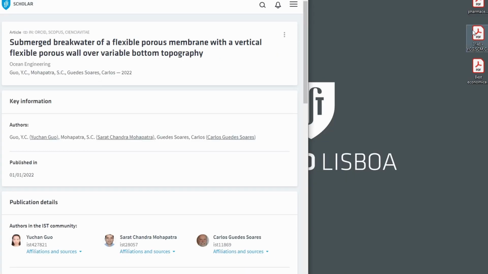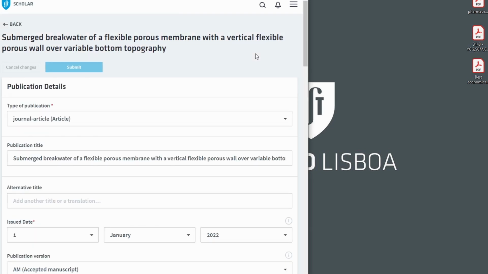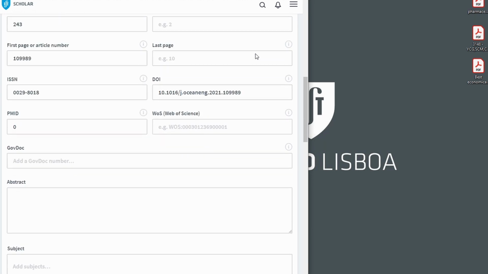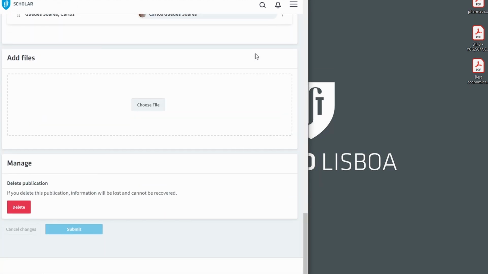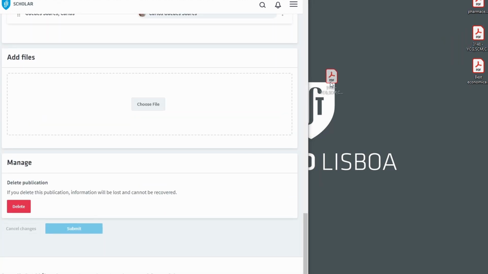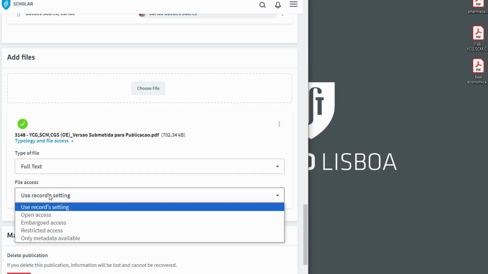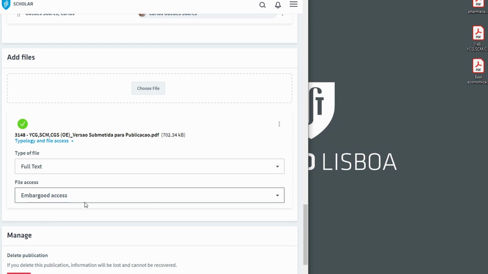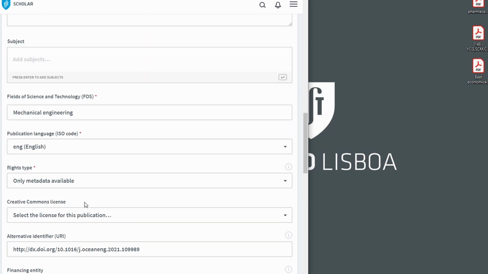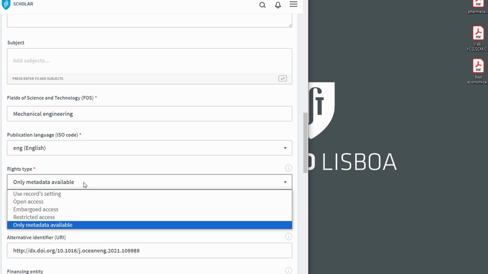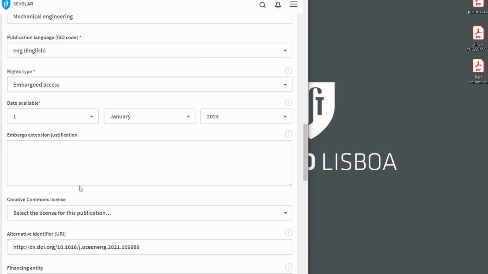The document is already here on our computer desktop. Let's edit. Let's drag it. We choose full text, embargoed access, but we also need to add this information here. And when we enter embargoed access, it asks us for the date in which the embargo will be lifted.